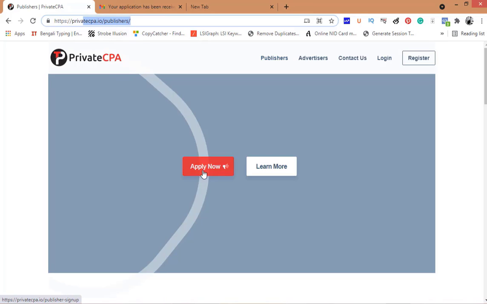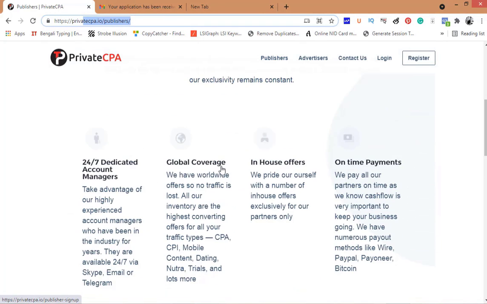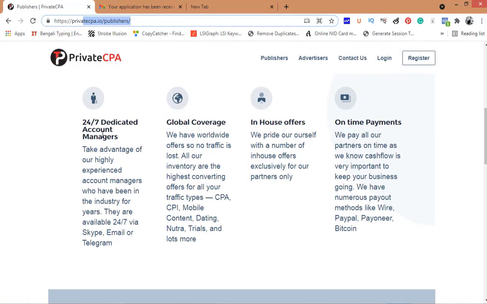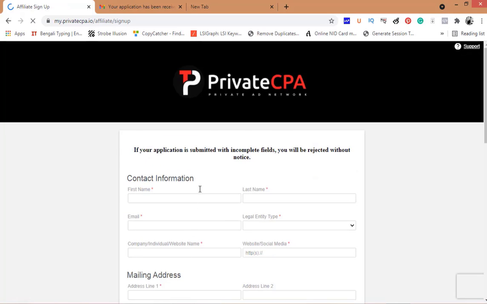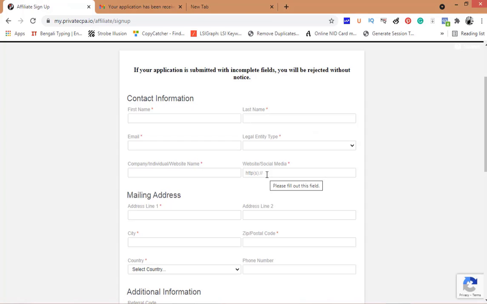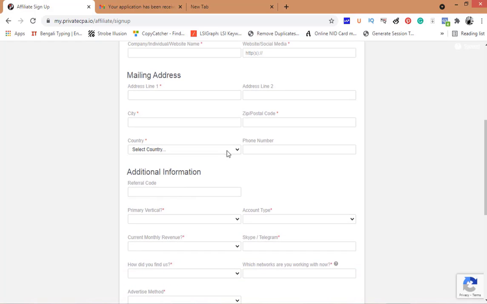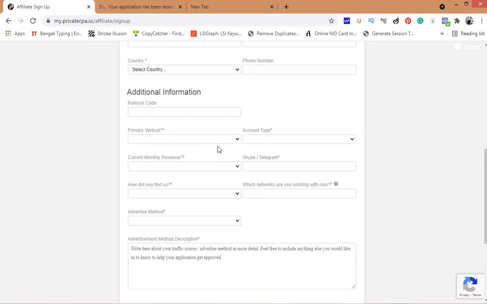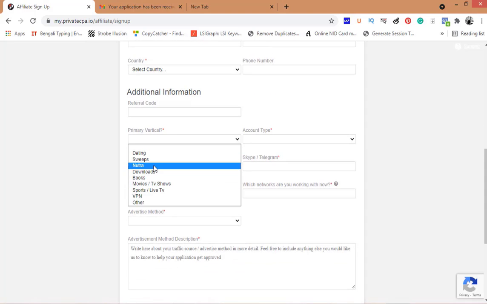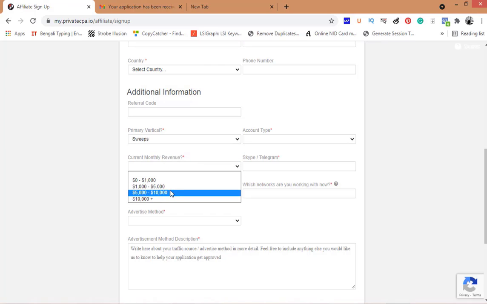So here in this CPA marketplace, you have to register as a publisher and do CPA marketing. You have to promote their products, and when it's payment time, you will be able to get your payment over Bitcoin. There used to be sites like MaxBounty or CrakRevenue that allowed us to get payment over Bitcoin, but now they have changed their payout system, so you can rely on this network, privatecpa.io. This will allow you to earn your payout over Bitcoin.